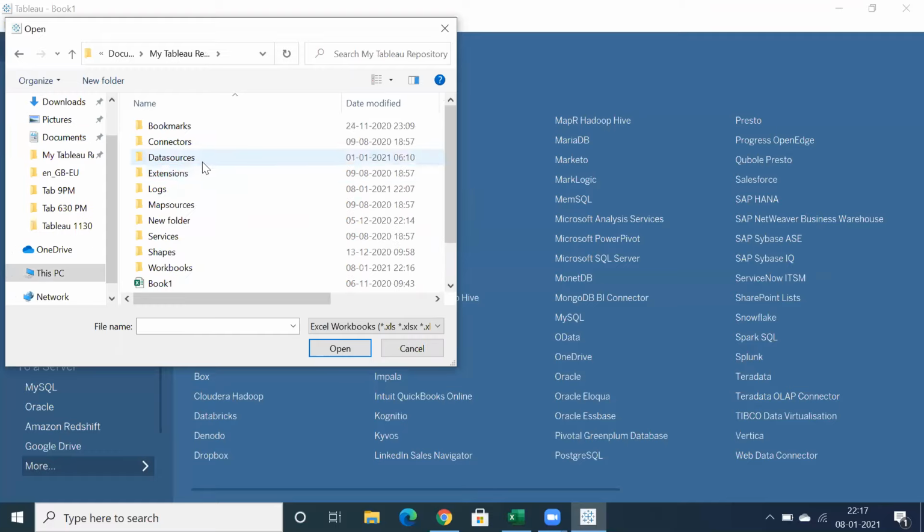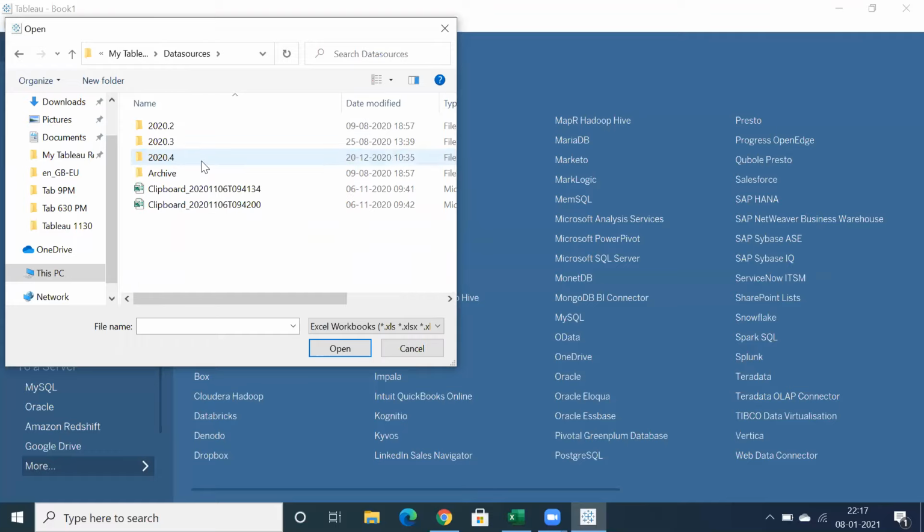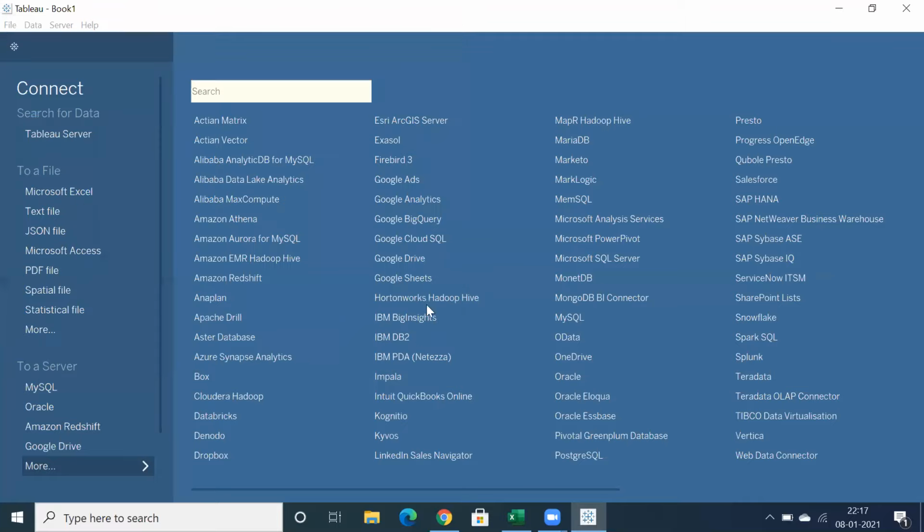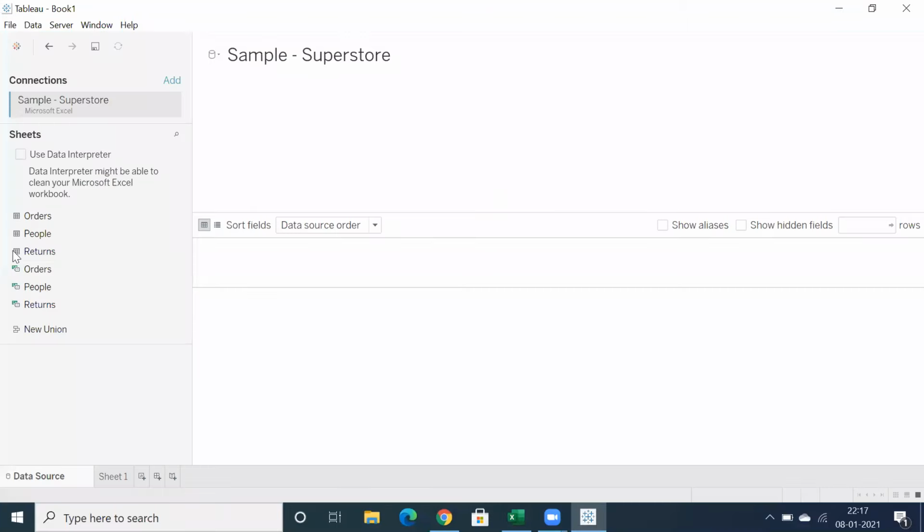Double click, and you can find a folder called Data Sources, and you can go through whatever version you are going to install. I have 2020.4. We have a sample Superstore data, which is a retail domain.